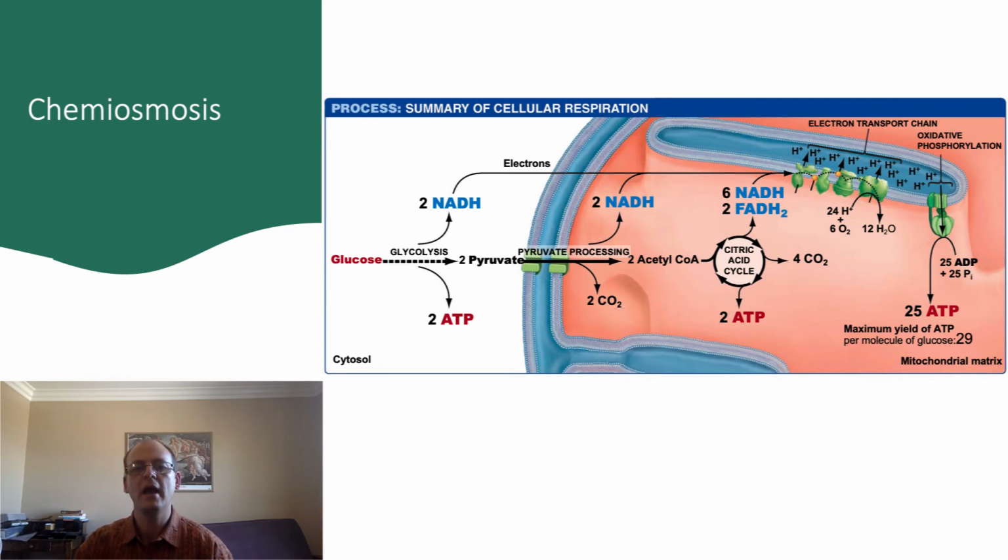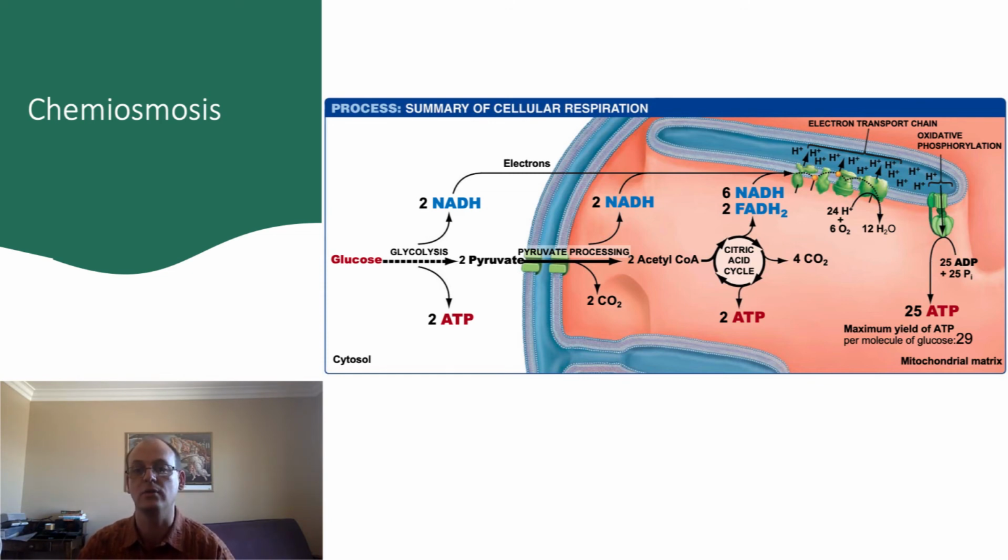So before we move on, I want to just summarize how glucose is broken up for energy. Glycolysis occurs in the cytosol of the cell and involves breaking glucose into two pyruvate molecules, generating ATP and the electron carrier NADH. The pyruvate is moved into the mitochondrial matrix and is converted to acetyl-CoA with the production of carbon dioxide and more NADH. The acetyl-CoA enters the citric acid cycle and is successively broken down to generate more carbon dioxide, more ATP, more